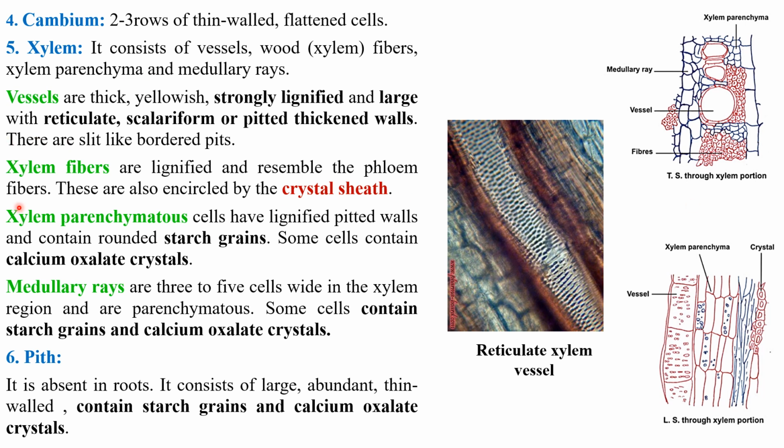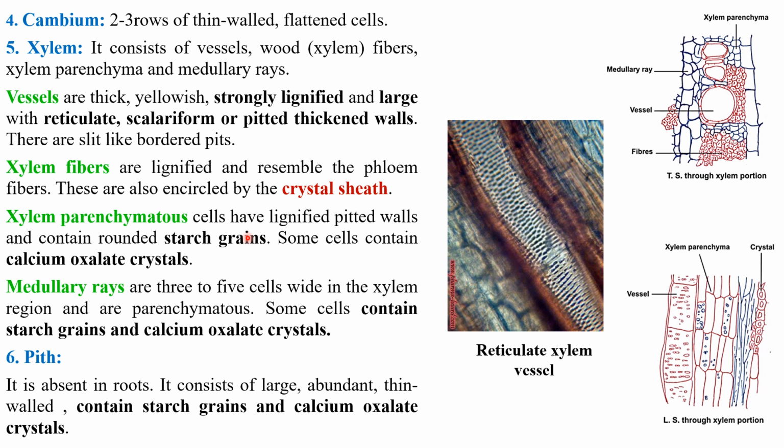The description of xylem vessels here is very important. They are thick, strongly lignified, and large in size, showing different types of secondary thickening or lignification, such as reticulate, scleriform, pitted, thick wall. This is the xylem vessel. As you can see here in this photo, they are very wide, and the most common type of thickening is